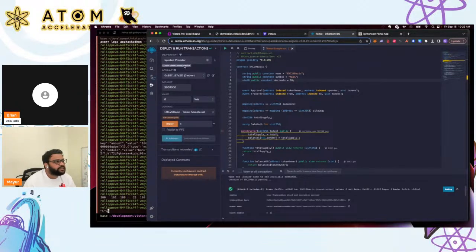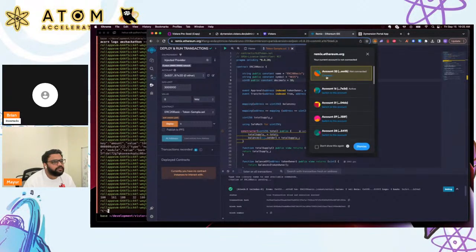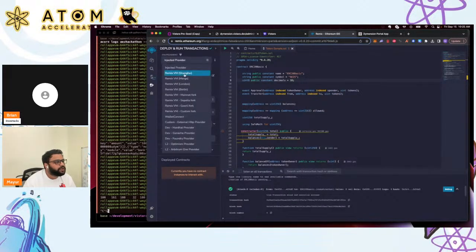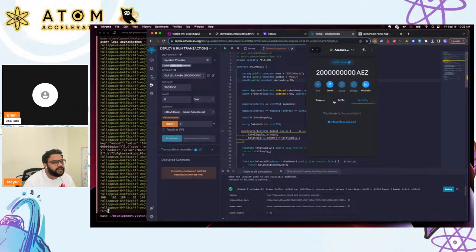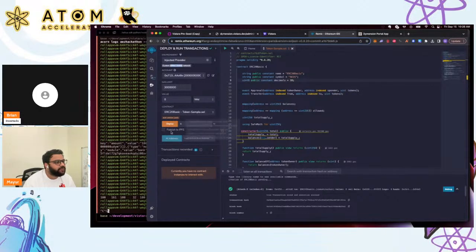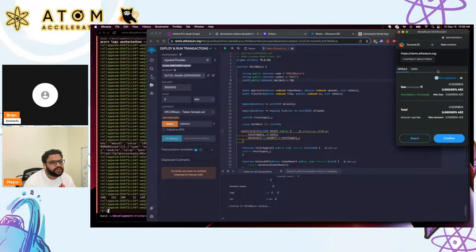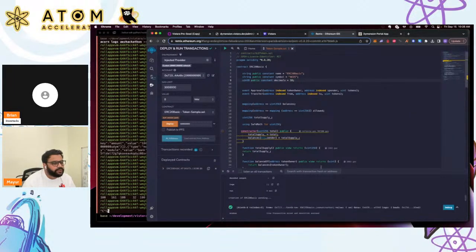So let's try and connect to the chain that we have right here. It just takes a second because we need to switch these networks. Okay, so right now it's connected to the chain ID that we just deployed. As you can see, this is the one we just deployed, and let's create this token, AEZS, we'll deploy. It's an ERC20 contract. As you can see, there is a bunch more stuff where this is integrated into my account, and now I can just confirm.